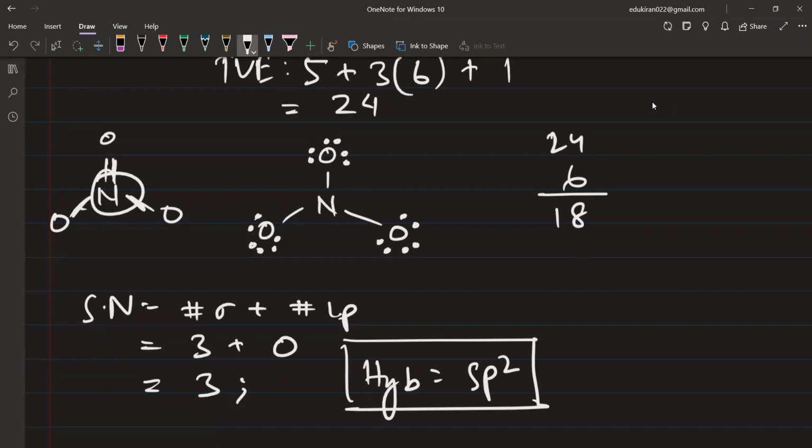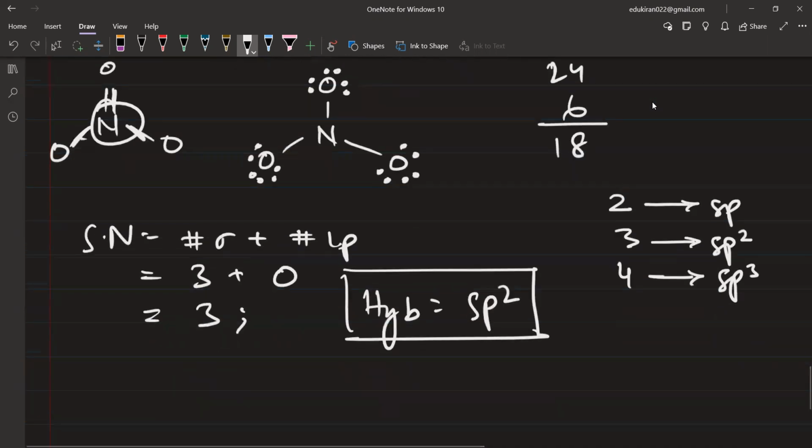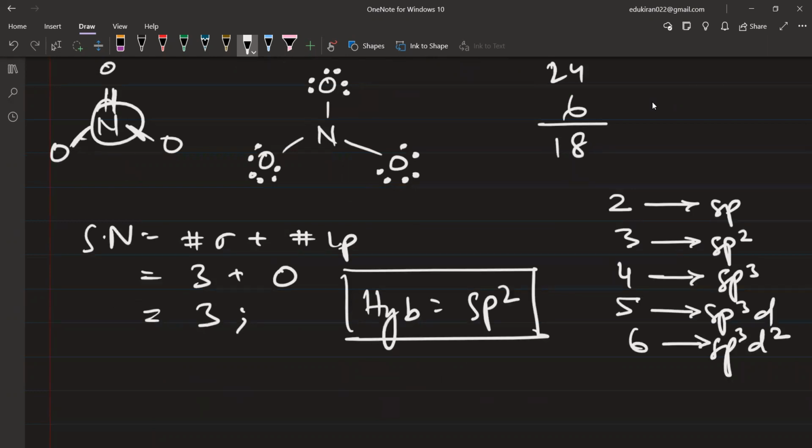ठीक है, सो देखिए अगर आपके पास 2 आ रहा है स्टेरिक नंबर then it will be sp, 3 आ रहा है तो it will be sp2, 4 में जनरली sp3 है, और जो दूसरा केस है sp2d का वो हम बताएंगे। 5 में आपके पास क्या आ जाएगा sp3d, 6 में it will be sp3d2। This is steric number and this is your hybridization. ओके सर। ओके,